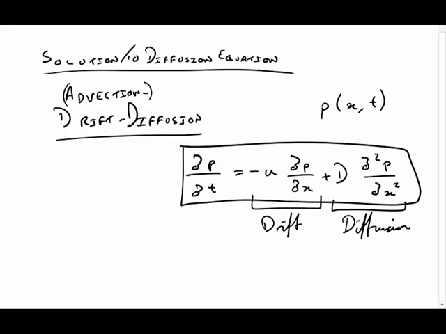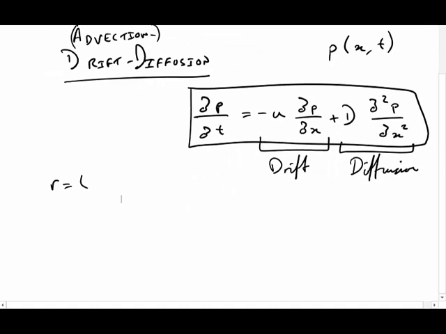Okay, and I said to you before, let's suppose that we take equal size steps. So R is right and L is left. Let's suppose we take equal size steps to the right and left. So therefore it becomes a half. We dealt with that in the first few videos. So if R equals L, then what we end up with is something known as the diffusion equation or the heat equation. Okay, so dP by dt